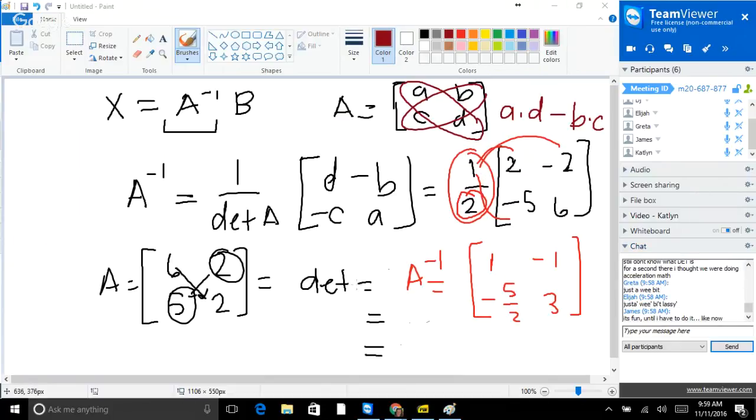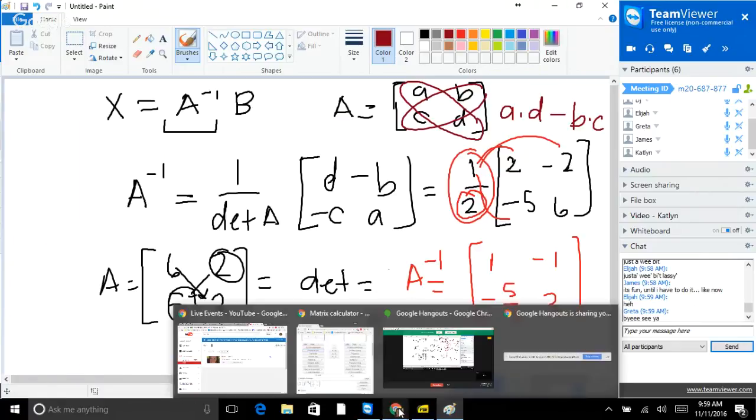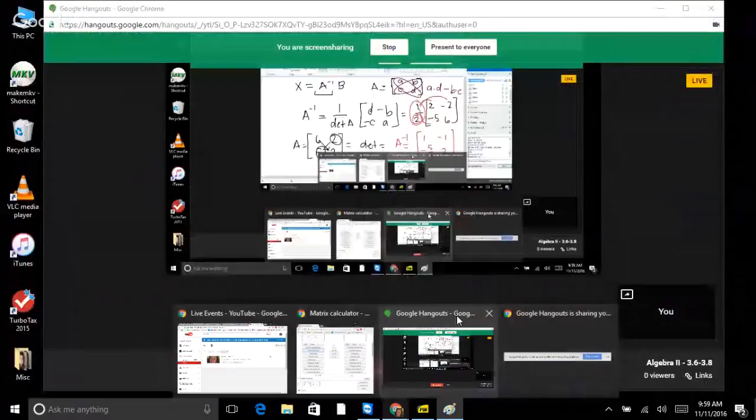Yeah, it's fun until you have to do it, right? Hey, at least you know there's a calculator that can help you out, right? And then say, oh, you have to know how to determine the inverse of a 3 by 3 matrix. That's a whole other level. All right, let me stop my